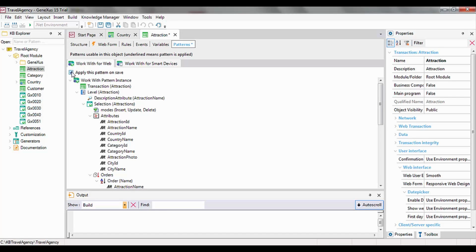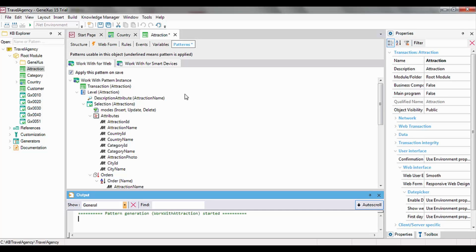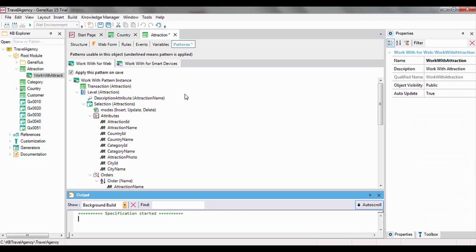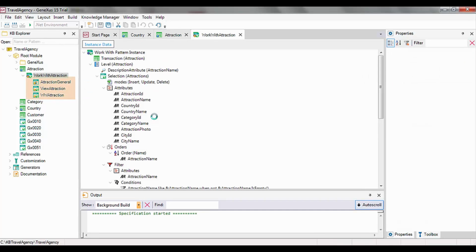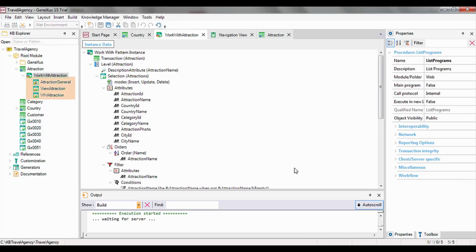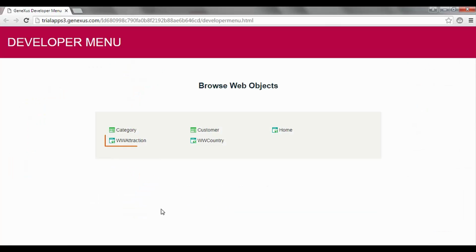Upon saving, all the necessary objects are generated to implement all the features that we've seen. In this case, to work with attractions. We save and confirm that they have been generated, and now press F5. Note that just like in the previous case, we're offered to work with attractions. We run Work With Attractions,